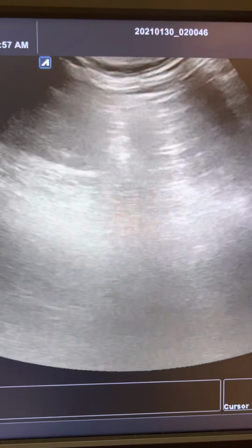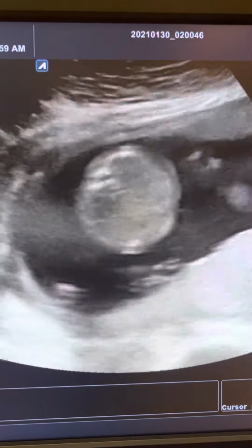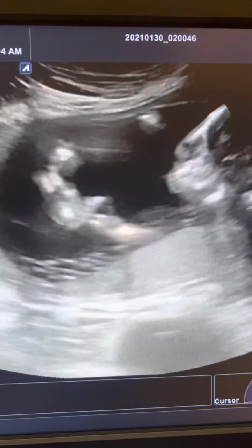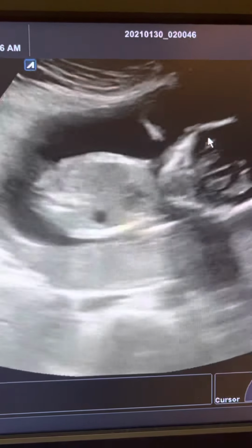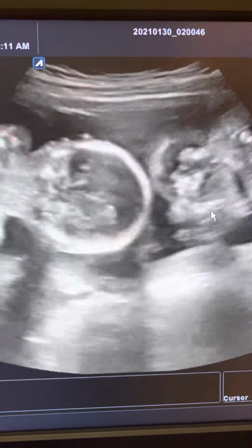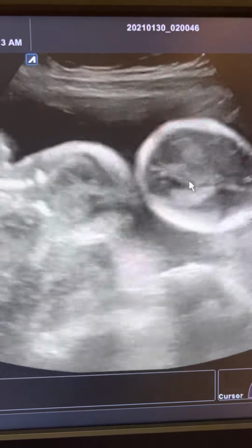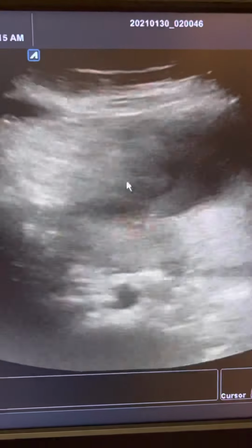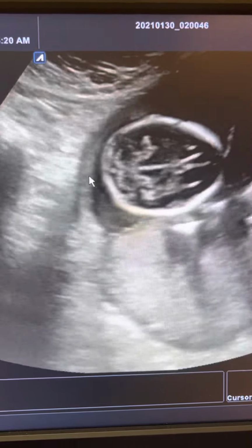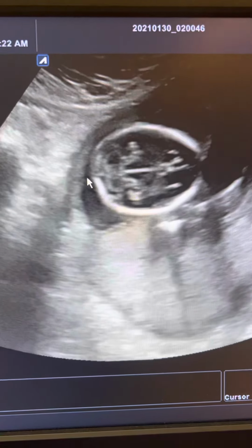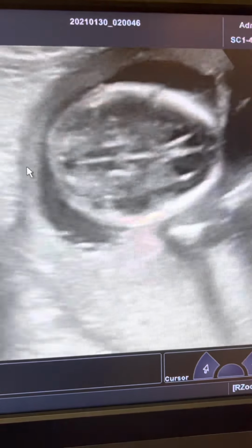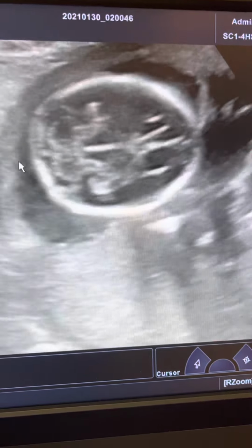So we'll start from the first fetus lying on the top here. Again, you can see that this is fetus A, fetus B is in the middle, and fetus C is in the lower endometrial cavity. We will begin from fetus A. We should magnify to have a better view of the fetus here. We'll check one by one